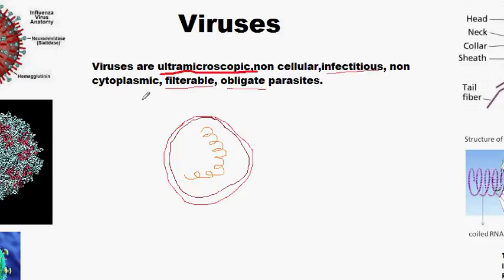So that was the understanding of the definition of viruses. Let me give you a historical account. Who discovered the first virus? It is Ivanovsky. And the first virus to be discovered is the tobacco mosaic virus, that is the TMV. Stanley crystallized the TMV virus, and Beijerinck called the virus Contagium vivum fluidum. That means living infectious fluid.